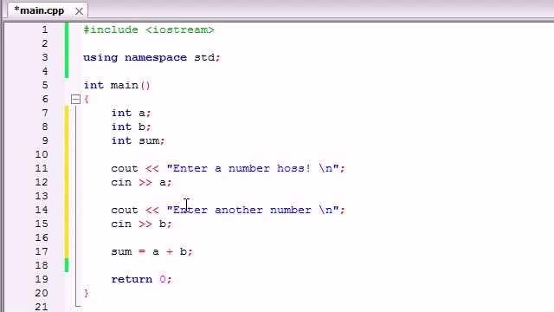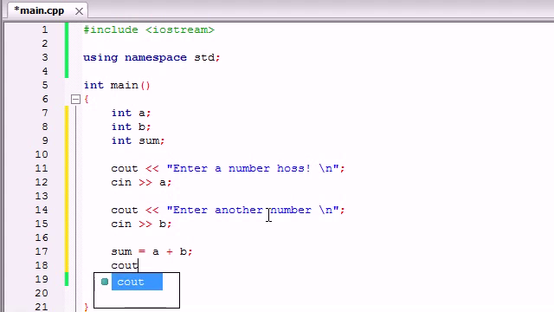Now what our computer program is going to do is it's going to say, all right, I'm going to grab the value you put in for a, and I'm going to grab the value you put in for b, and I'm going to calculate that and store that in the variable sum. So for example, if you wrote 10 and 15, it's going to say, all right, grab 10, grab 15, calculate the sum of it, which is 25, and store it in a variable called sum. So now the sum is equal to the answer, and all we have to do now is print it out